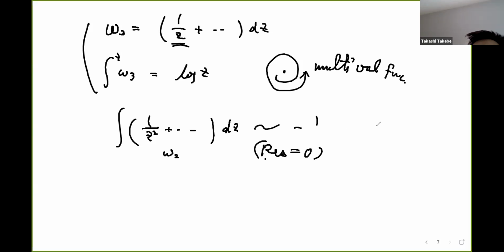Then, yeah, it has such a behavior around the pole. So, yeah, sorry, what I was considering was wrong, but yeah, but anyway,